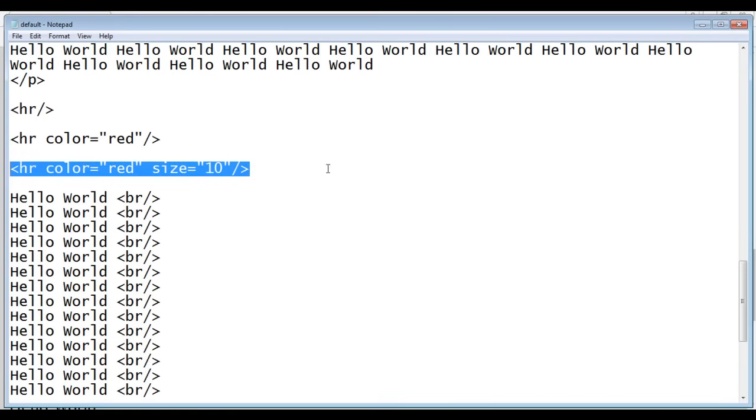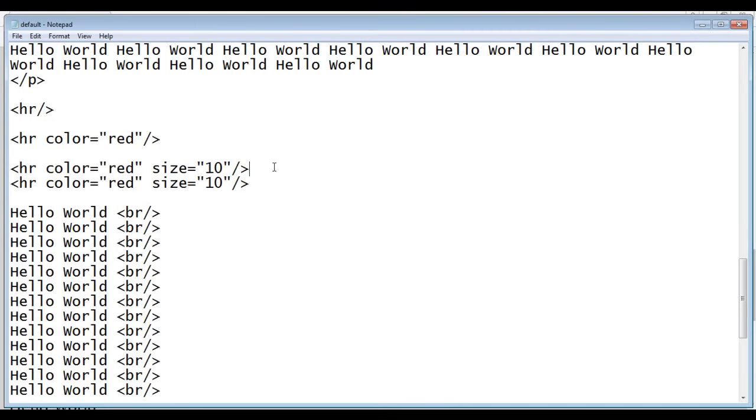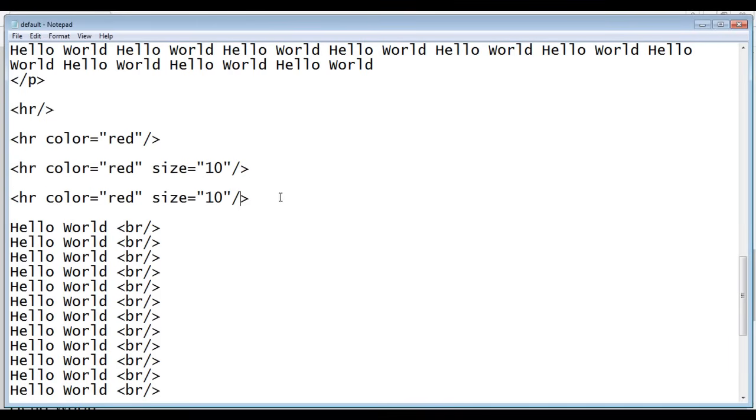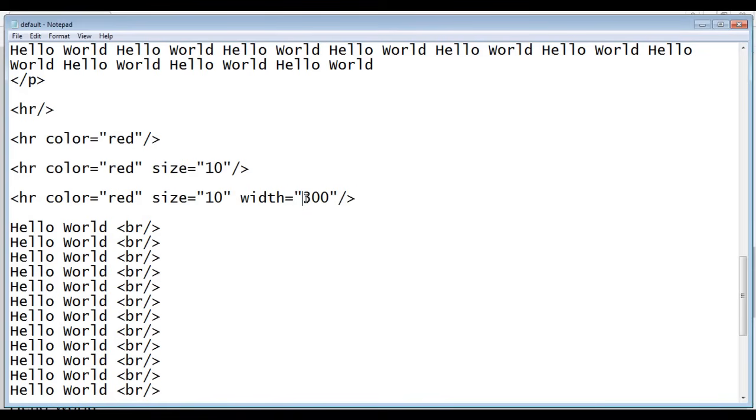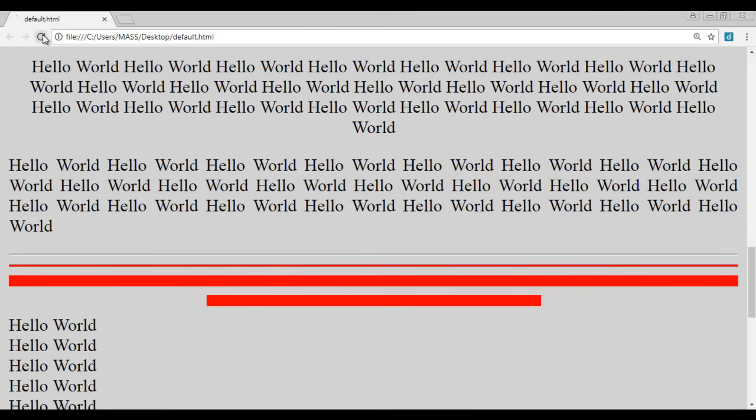I'm going to copy this line and paste it down. We can also set the width of the horizontal line by using the width attribute. We can give it in pixels or percentage. So here I give maybe 300. If you write just a number, it will be taken as pixels. File, save, go to browser and refresh. You can see that this horizontal line is 300 pixels. We can set it in percentage. I say here 50%. File, save, go to browser and refresh. You can see